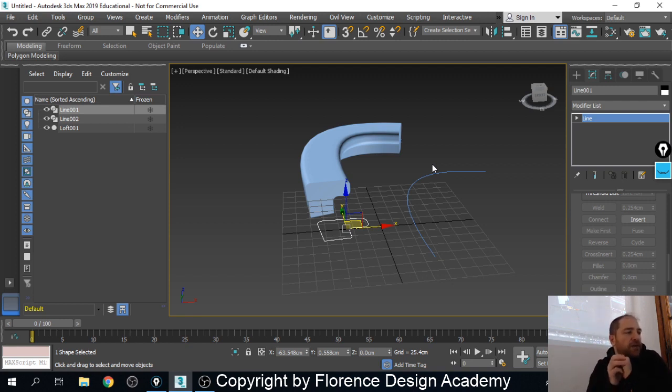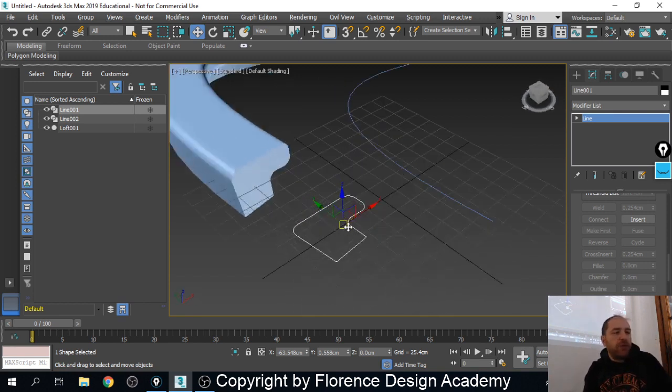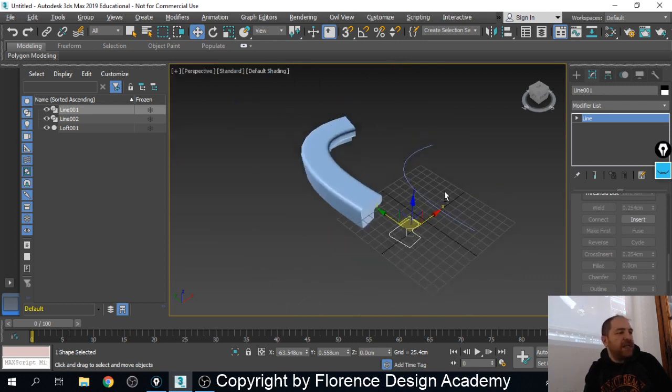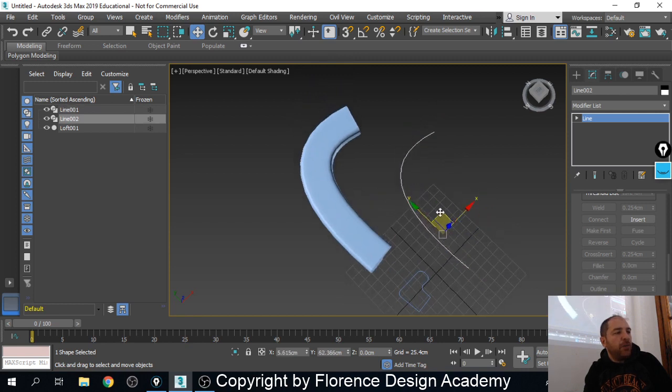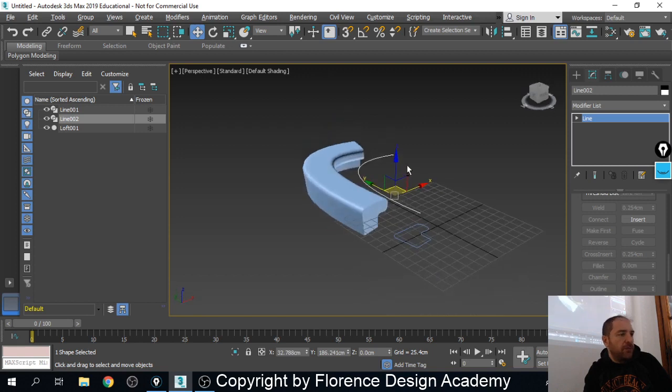There are, first of all, like any tool that we use in 3ds Max, loft starts by using the pivot point as placement for the path. What it means? It means this. If I move this line on top of my loft, look,